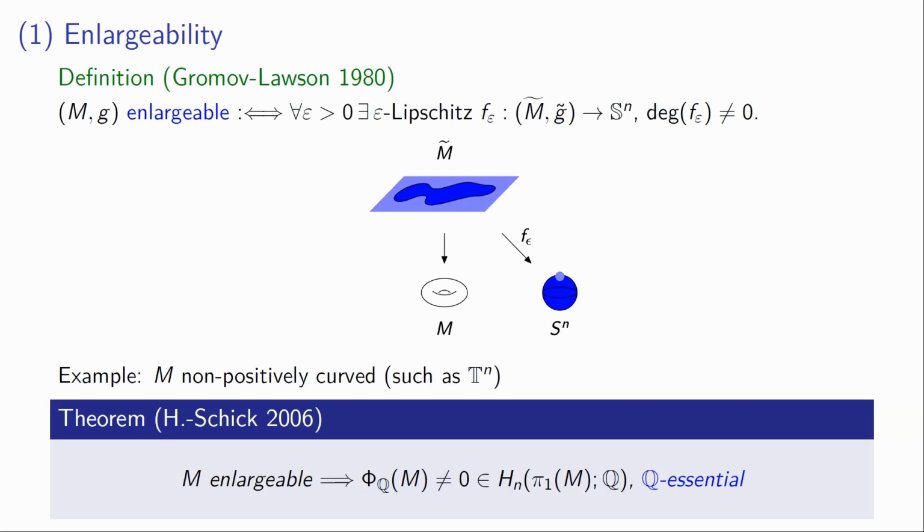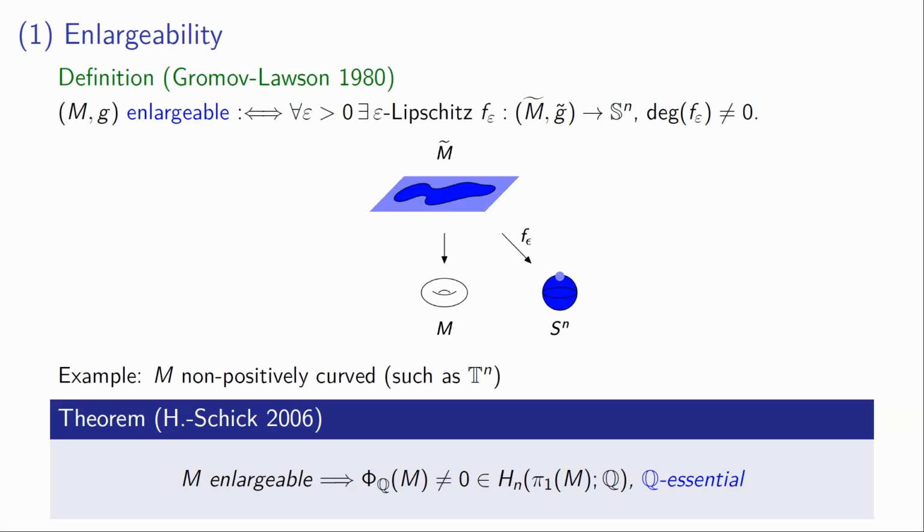Okay, I would take actually the flat Riemannian metric on M. So there's the 2-plane, M tilde, and now you can wrap it around the n-sphere, here the 2-sphere, and at the same time you shrink everything by a very tiny constant. So as small as epsilon may be, you find an epsilon-Lipschitz map to the n-sphere,